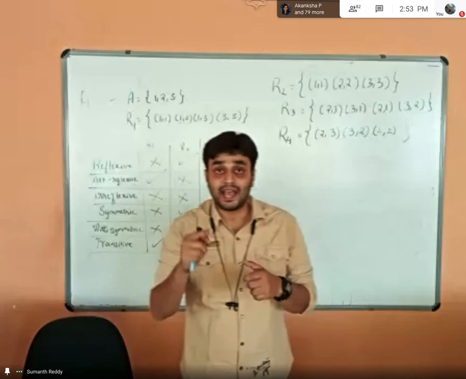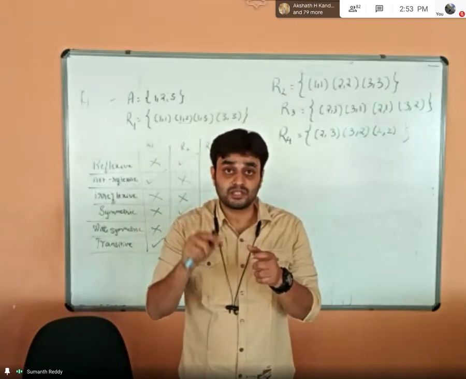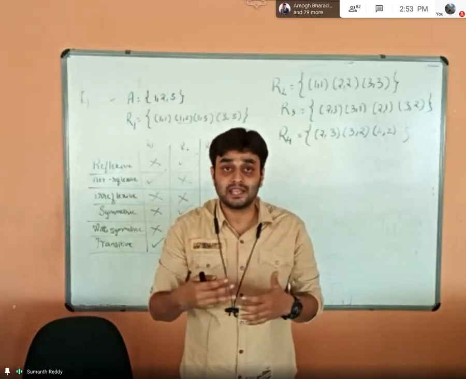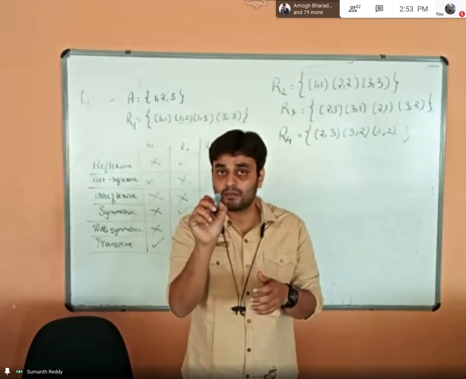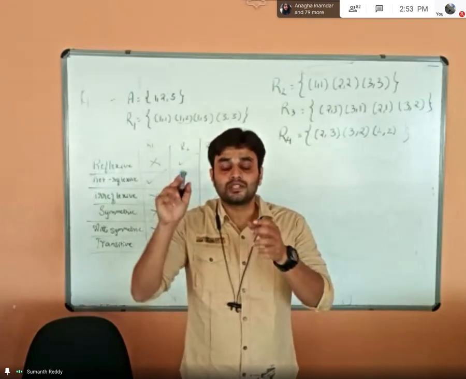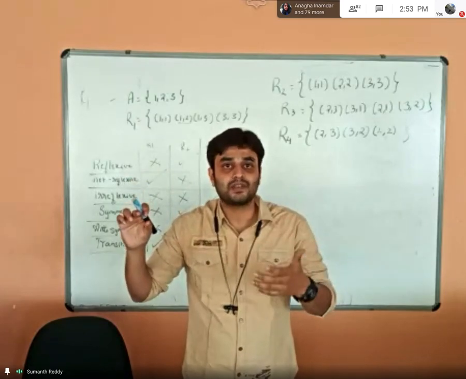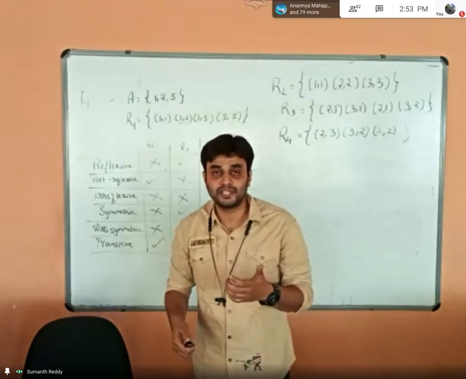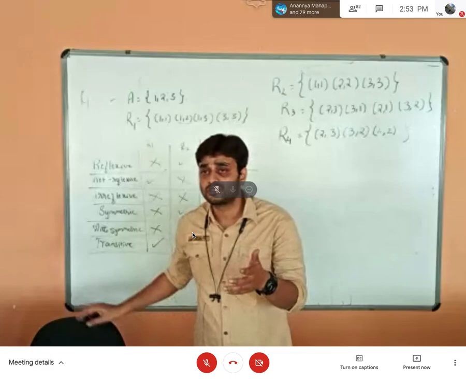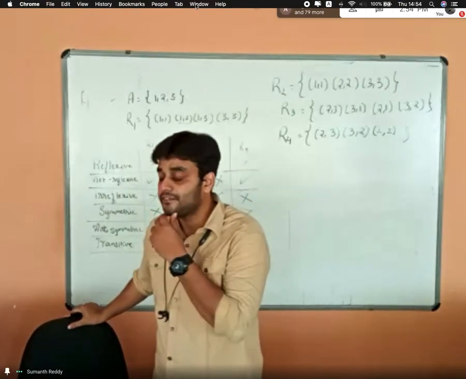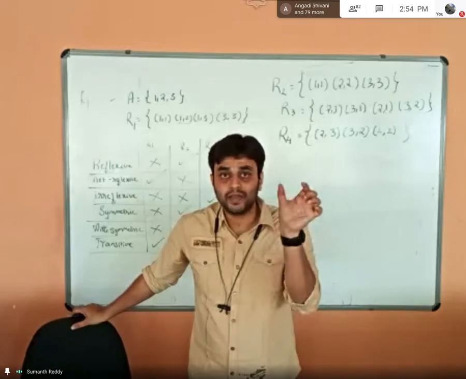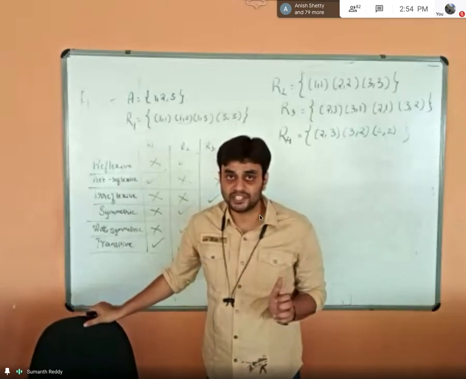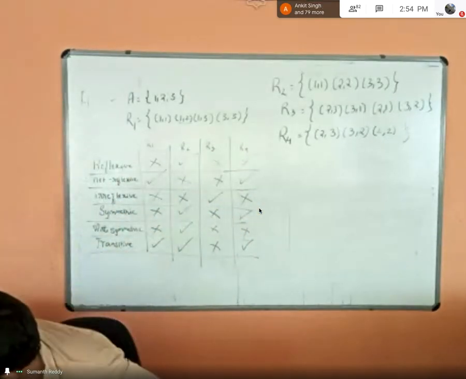I'll repeat. If he asks you to verify whether the relation is reflexive or symmetric or transitive, if it is not reflexive or if it is reflexive, you have to give the example. For example, if he has given the ordered pairs 1, 1, 2, 2, and if he has not given 3, 3, since he has not given 3, 3, it is not reflexive. Like that, you have to justify your answer. For that justification, also marks will be there. I'll repeat in the question paper. Anyhow, we will discuss the question papers, right? At that time, I tell you, if they ask you in the question to verify, then you have to justify your answer. Whatever the property you tell, why you have told that, you need to justify that. Fine. Okay.